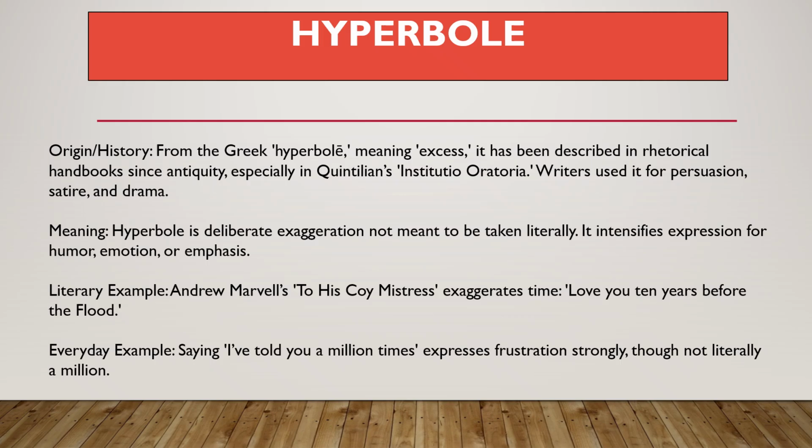Then an everyday example is: I have told you a million times. Many people say this, and at home you also get scolded many times: I told you a hundred thousand times, I told you 1000 times, why do you do this? 1000 times I have told you. So this is just an exaggeration, and this is called hyperbole. Hyperbole. So I think you got